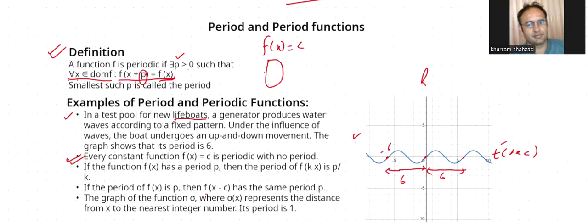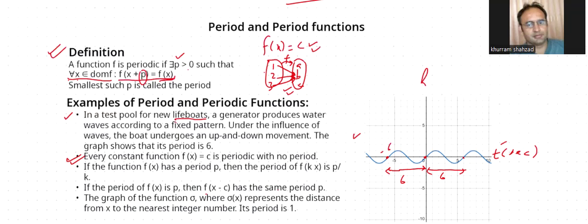1, 2, 3, these are elements, and here is A, B, C. We have to map every element to one element, any one element. So this function is fixed. Every input has the same output. So this is the constant function. This is its notation. We can also write a constant function like that. Since this function is not changing, we can also say this is a periodic function by default, and its period is 0 because it is never changing.